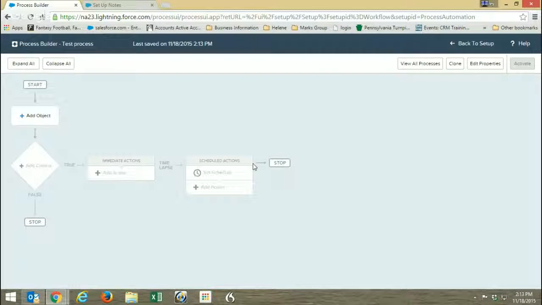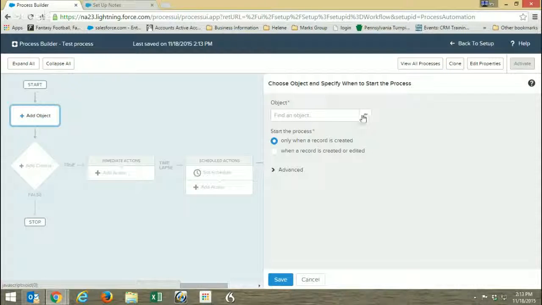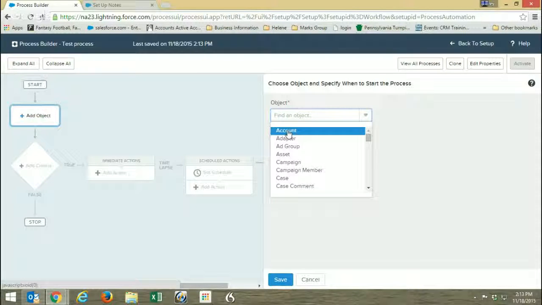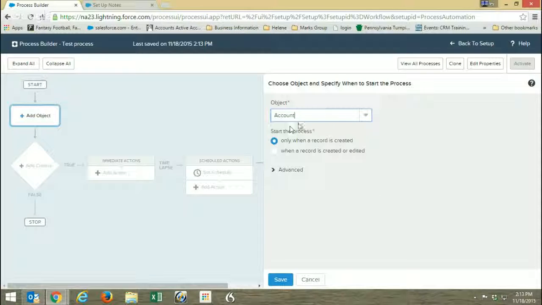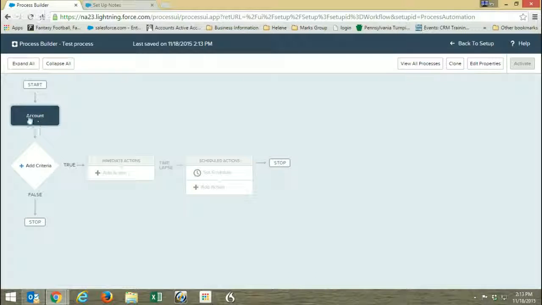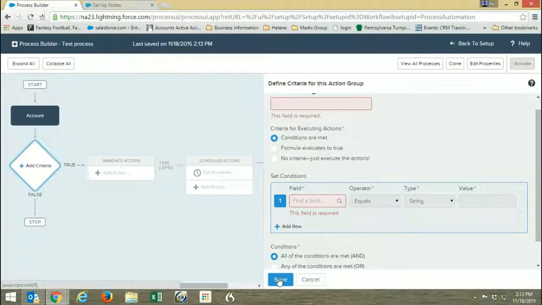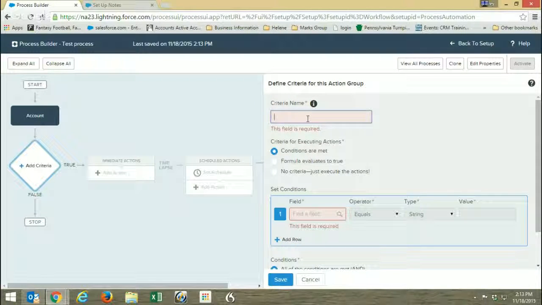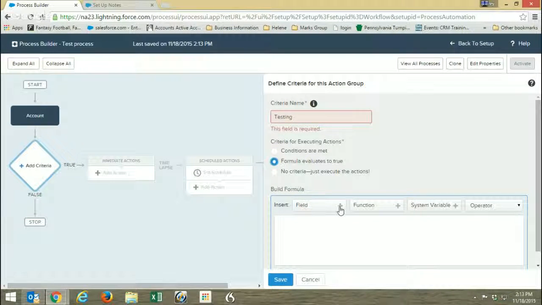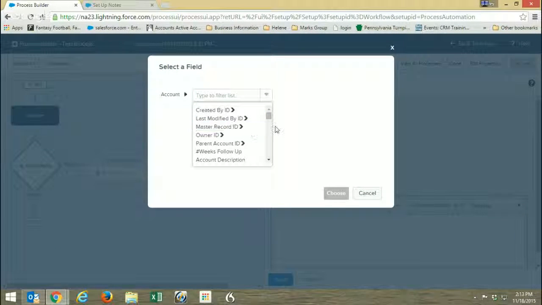And what's important, what is nice, is we can actually do something here where I say, all right, I'm going to add an object. We're going to say, all right, I want to do it with an account. Let's do this here. Only when it's created, edited, created, right? That's fine. Or we can do this here multiple times. And I just say save that, right? And now we've got an account, and we go add criteria, and we say conditions are met, right? We save that, that's fine. Let's just say testing, and we're going to say formula evaluates true. We'll just say account